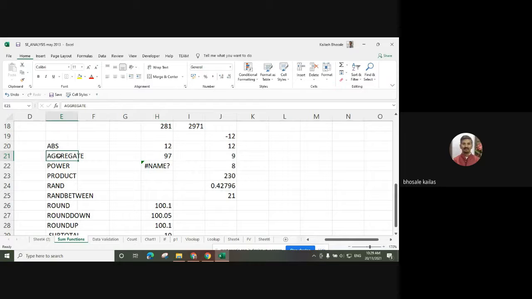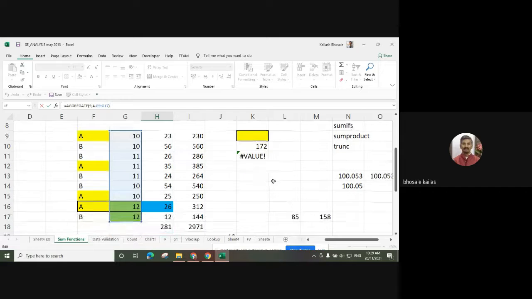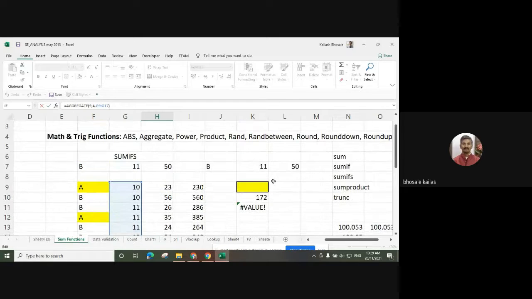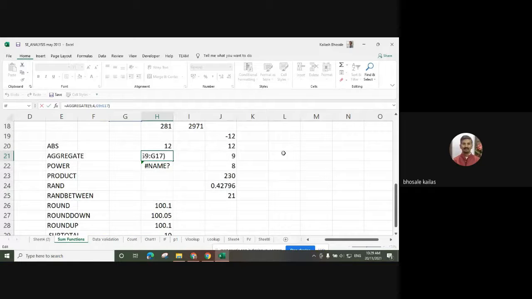Similarly, we can use the aggregate function. What is the use of this aggregate function? It returns the aggregate in a list or database. So we can find out the aggregate value.